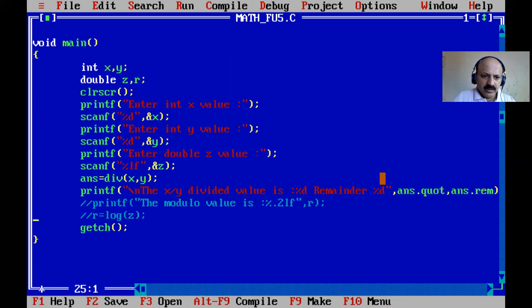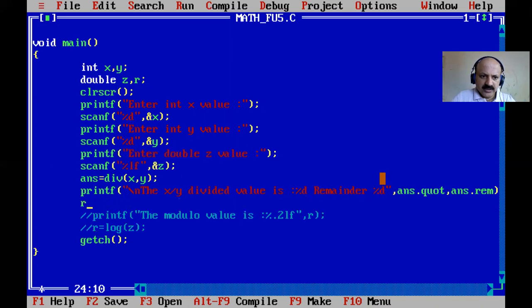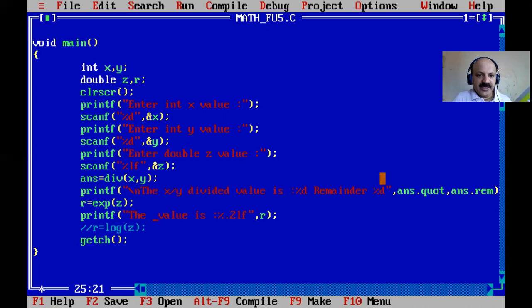Now here we can first take r, and then exp, the exponent value, and we pass z and print the r. I just open this comment line. So it is not modulo, that is an exponent value. That is also from my book reference, and my book has one example for every function.